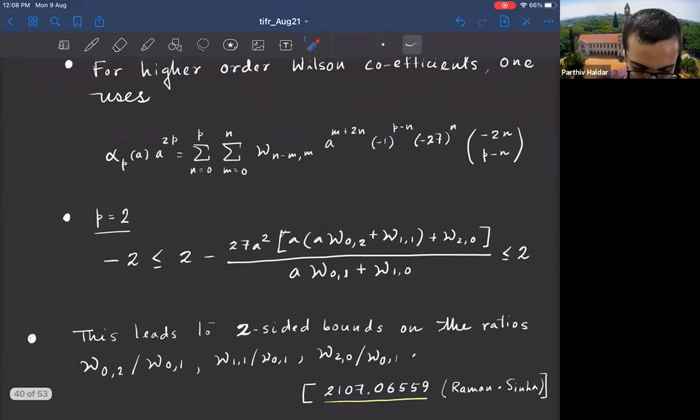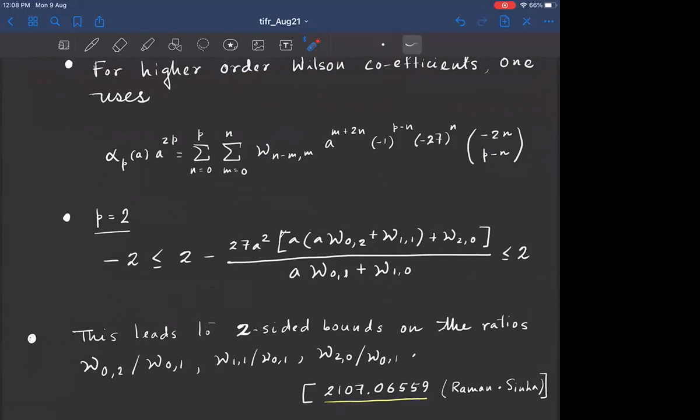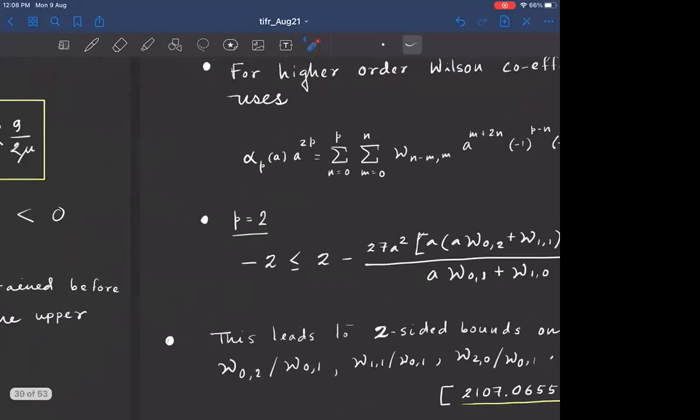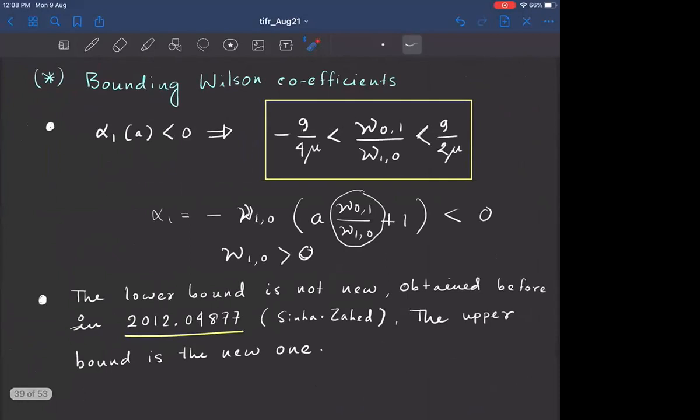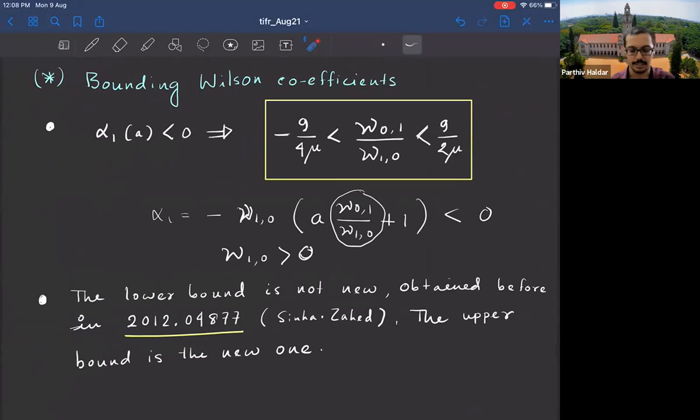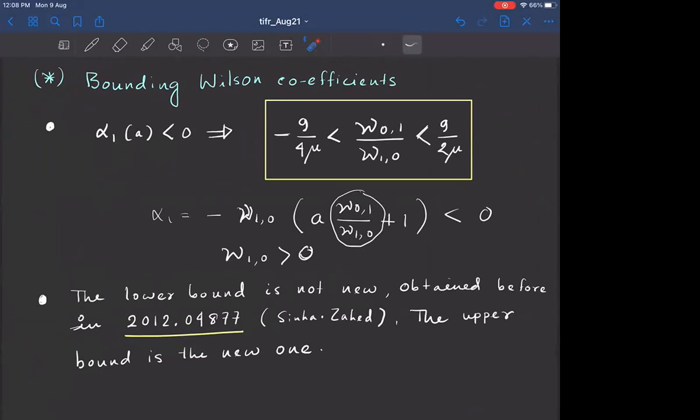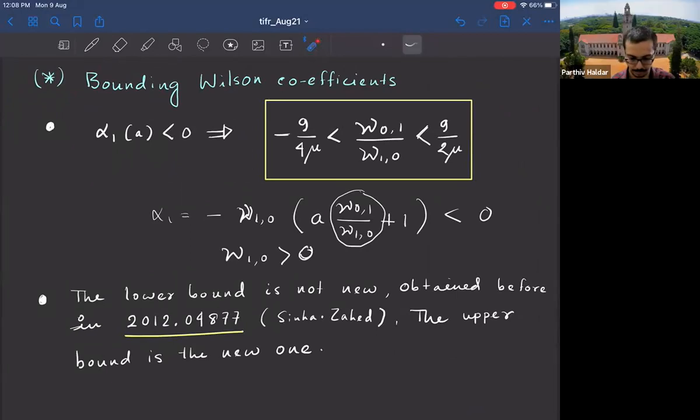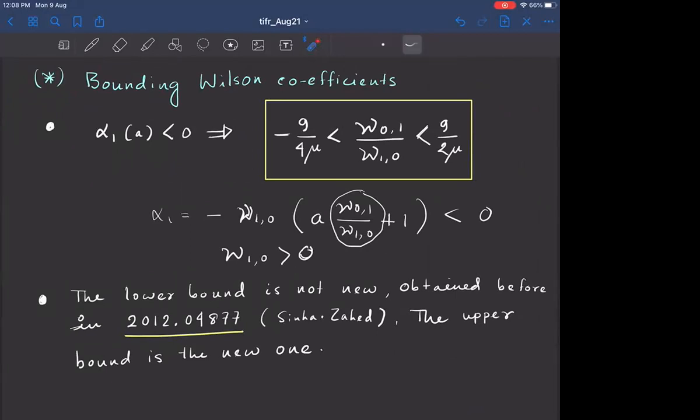Okay. So that's how you can numerically investigate what happens with the higher bound. Now these bounds. Can I ask a question? Yeah. The previous bound you said comes from that single relation, that this A times this constant plus 1 is less than 0 or greater than 0. Yes. And you have a bound for A, and that's how you get these two-sided bounds. Right. Okay.